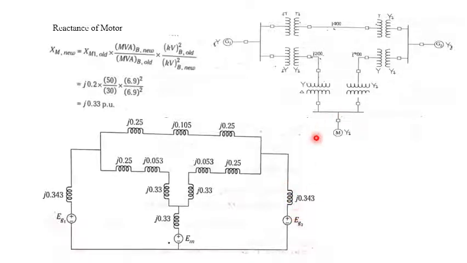Okay, how is the motor connected? Just look at this. You should have some reference. This is your reference, or we would call it ground. I'm not calling it ground, it is called the reference. This motor, this generator and this generator are under a common reference. So this is how we need to draw the reactance diagram.